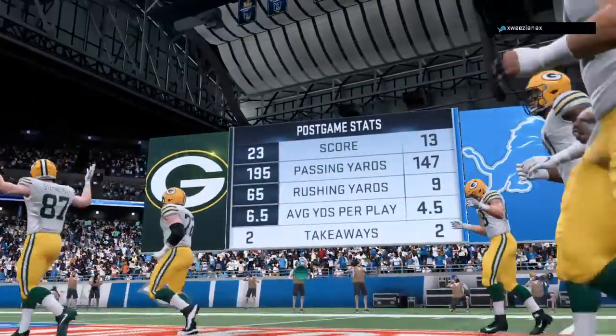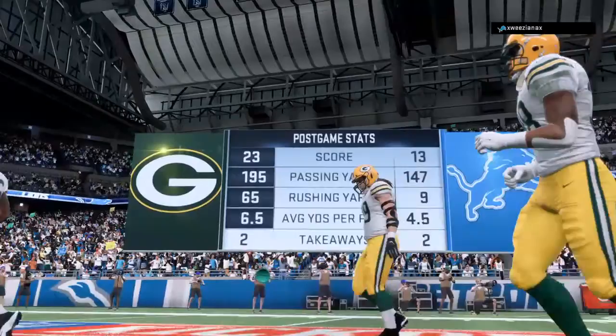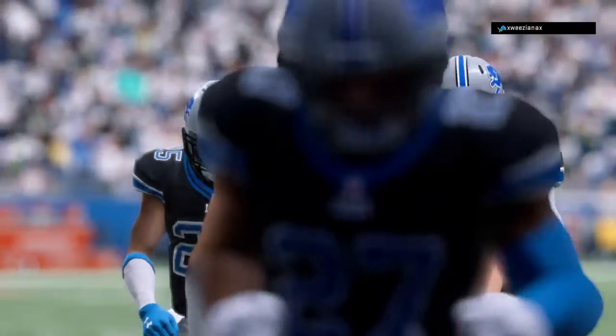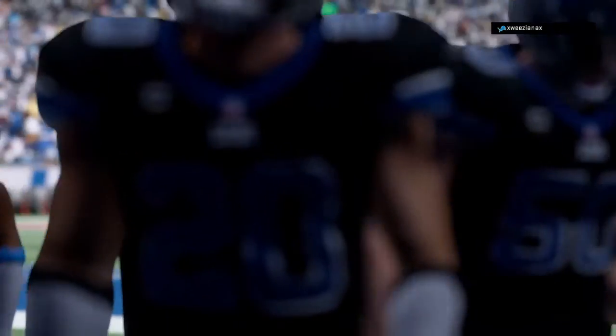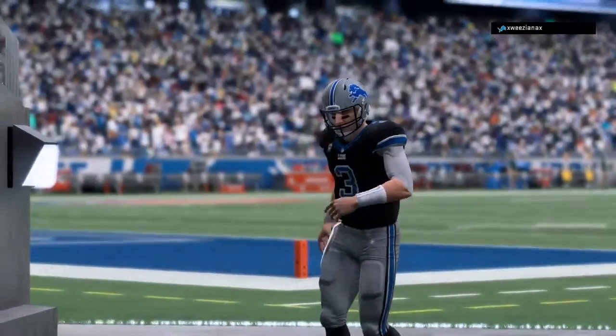So for Green Bay, not much to complain about here. They come in and steal a victory in a tough place to play on a Sunday night. And they'll get another road date next week as their opponents will be the New York Jets. Meanwhile, for Detroit, they go down to defeat here in the opener. And they'll try and turn things around next week as they have a date at Soldier Field with the